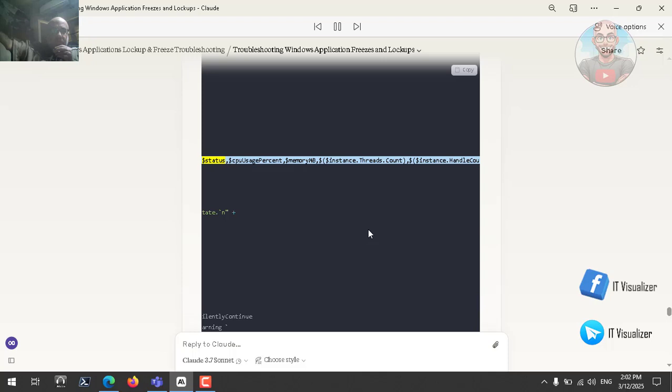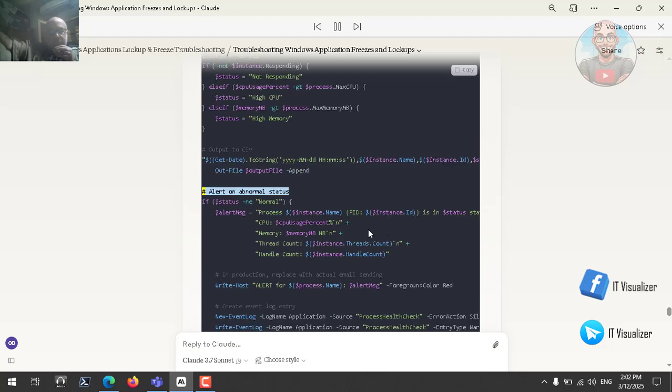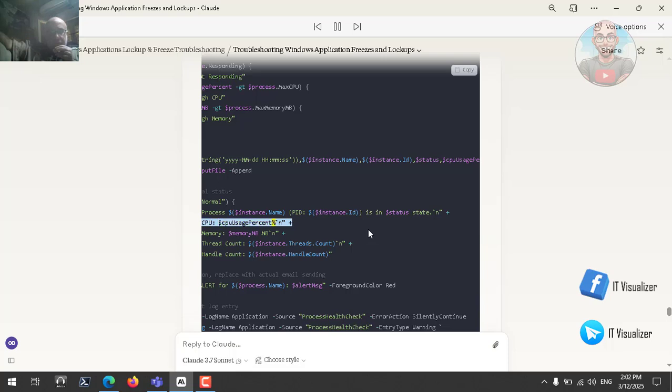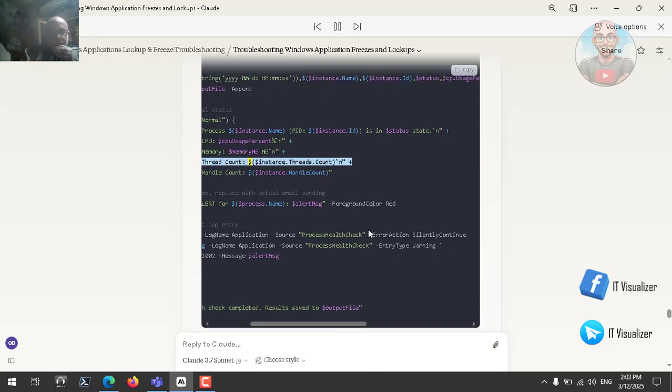$instance.id $status CPU usage % $memory MB $instance threads count comma $instance.handle count out file $output file append hashtag alert on abnormal status if $status and normal $alert message equals process $instance name PID $instance.id is in $status state n plus CPU $CPU usage % n plus memory $memory MB n plus thread count $instance threads count n plus handle count